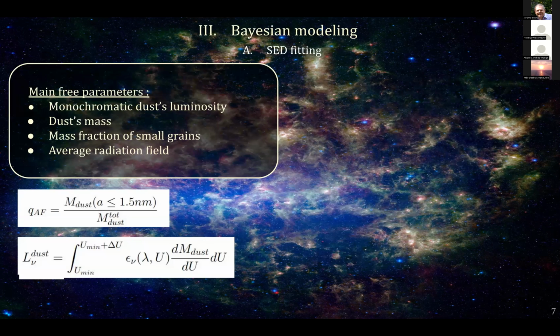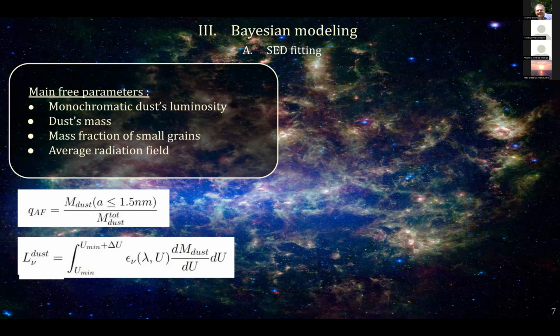So just a few words on the parameters we are interested in. We are interested in the monochromatic dust luminosity, which is the L dust. That depends on the microphysics of the grain and also the dust mass and the average radiation field. One main parameter also is the small grain fraction, the QAF. That is the ratio between the dust mass attributed to grains with a radius below 1.5 nanometers and the total